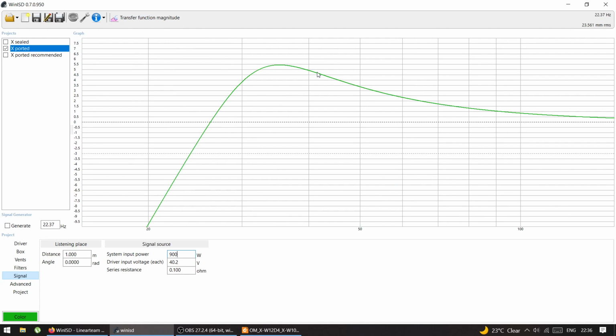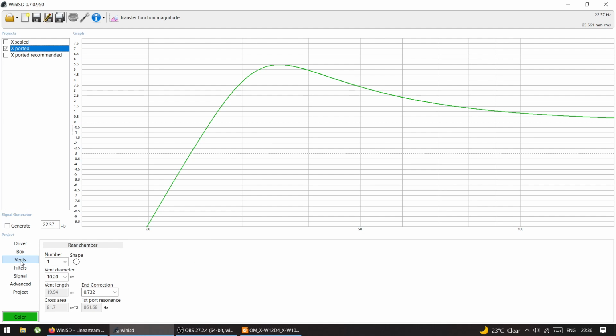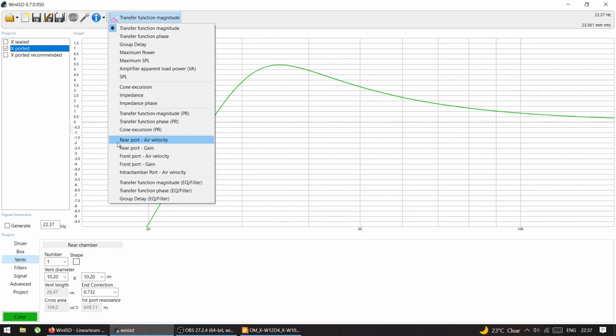Now I'm gonna go back to this. Now, for a sealed enclosure, you have only the volume, nothing else. For a ported, you have the volume of the enclosure and the port. If we're gonna go here to vents, we have number of vents, shape, diameter, that kind of stuff. So in this build, I'm gonna make not a circle, I'm gonna make a slot port because it's easier for me, yeah? And to check what size port I need, the area, I need to go here into rear port